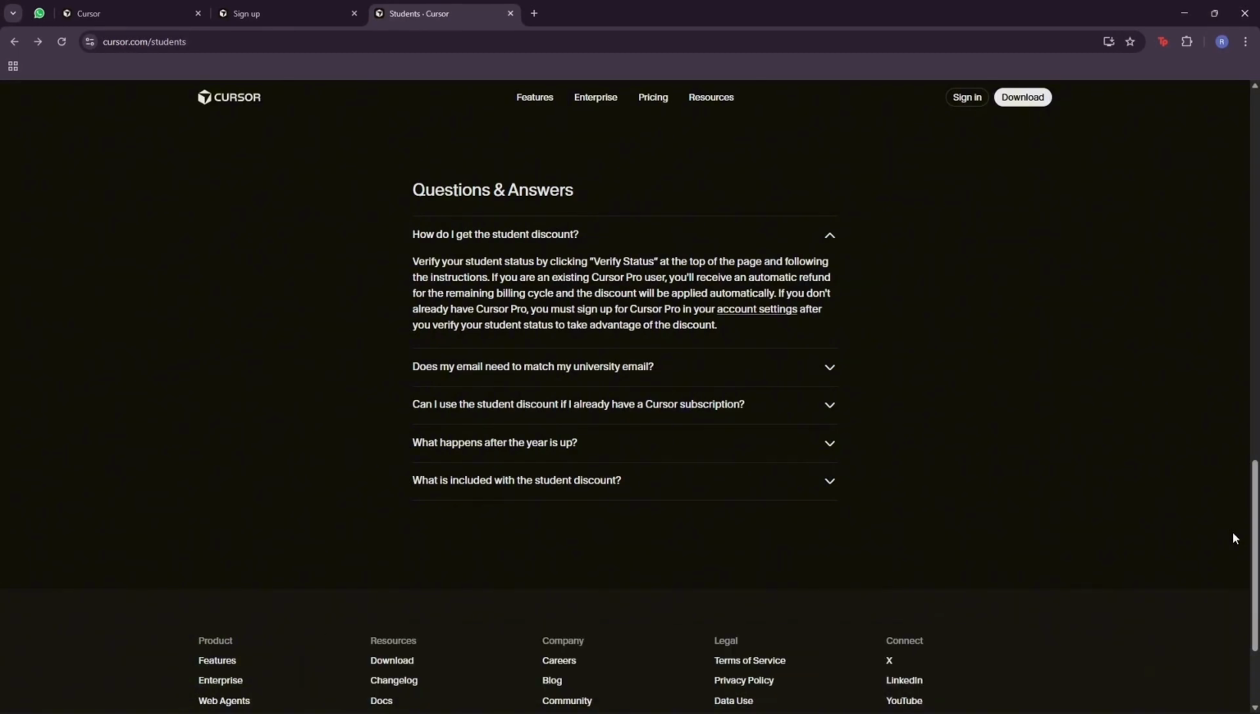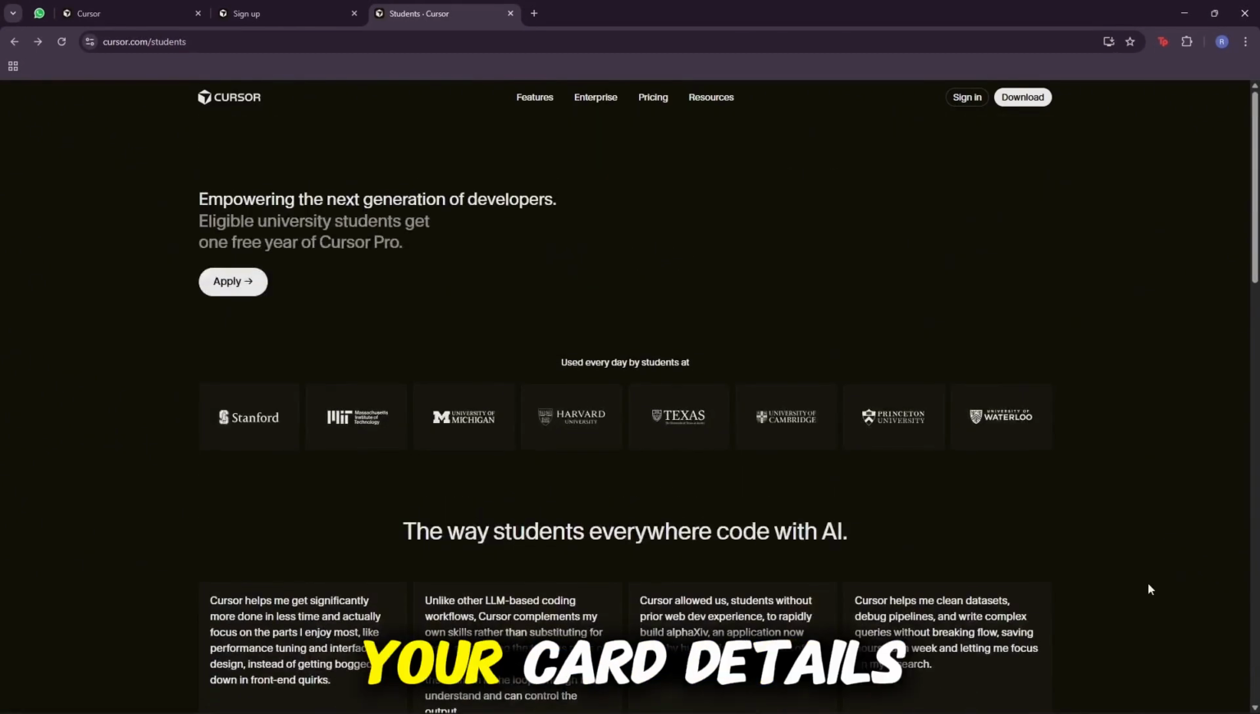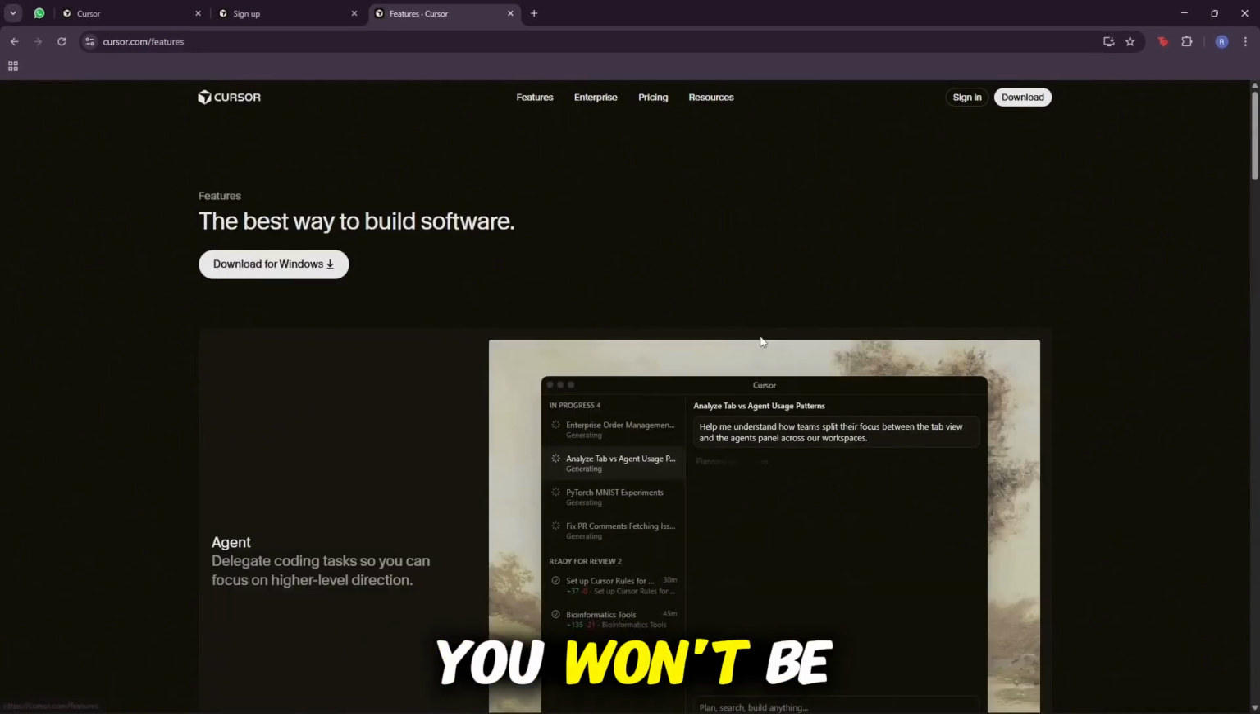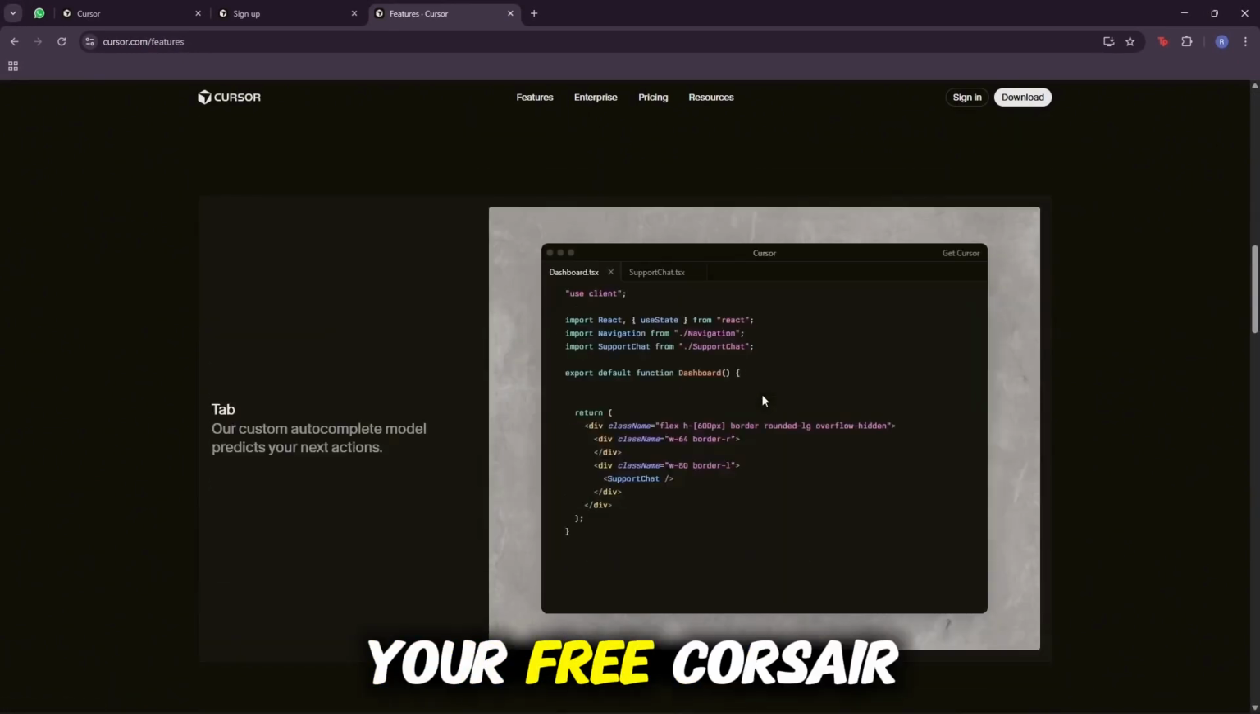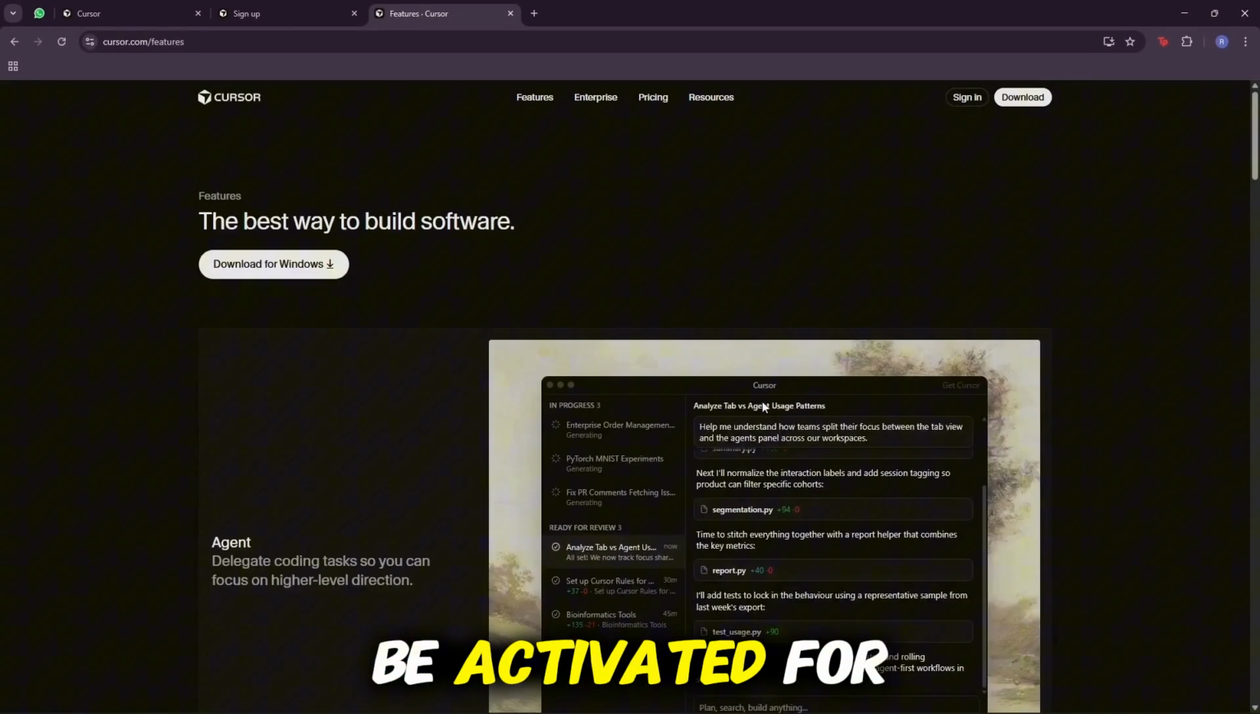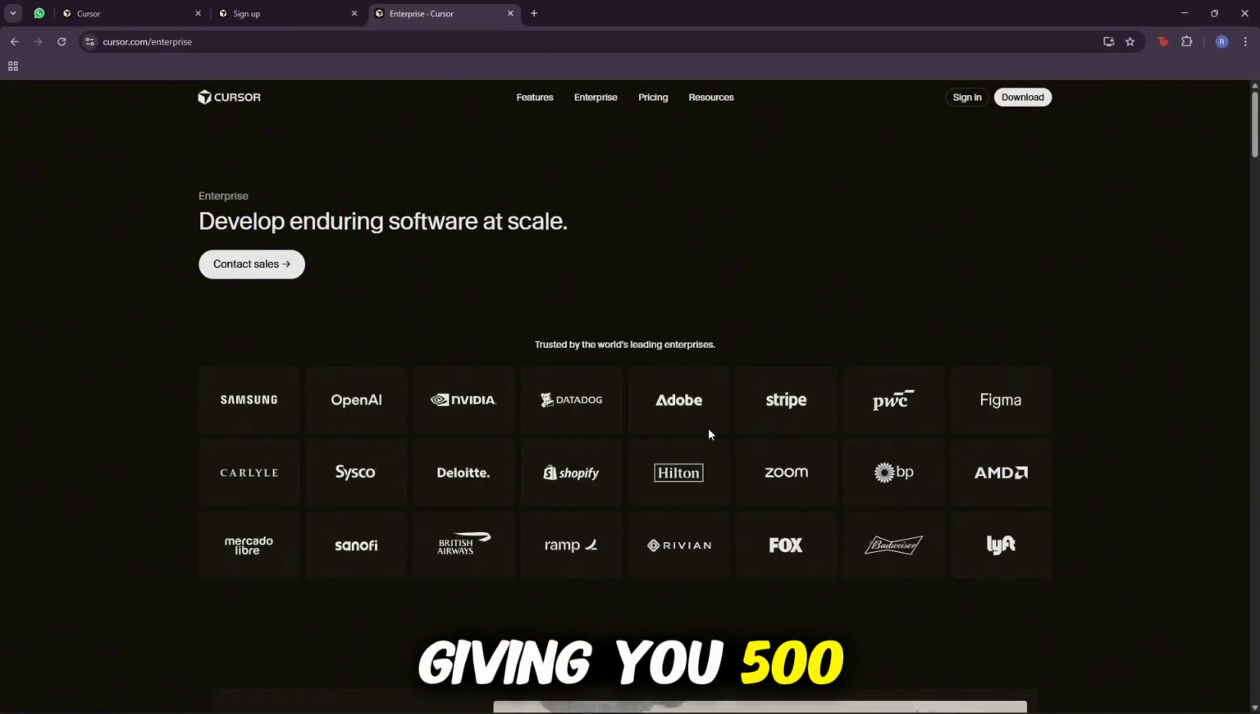or Microsoft. Once the verification is complete, you will be redirected back to Cursor. At this stage, you may be asked to enter your card details, but don't worry, you won't be charged. After that, your free Cursor Pro membership will be activated for a full year, giving you 500 free prompts every